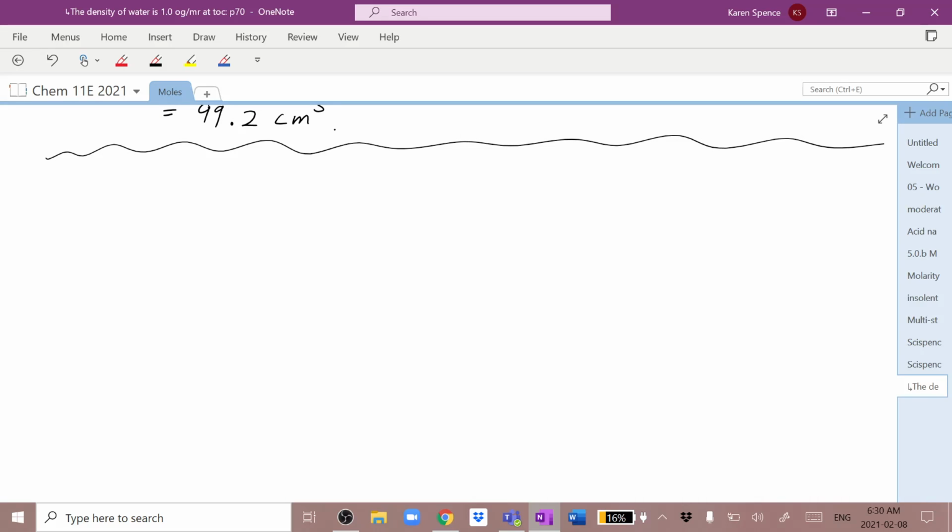One final example. In this one, we are going to be finding the density. So again, this is on page 70. This is the third example on page 70. What is the density